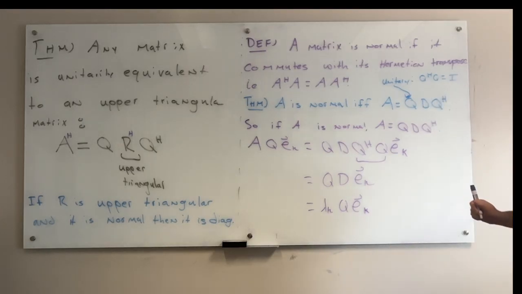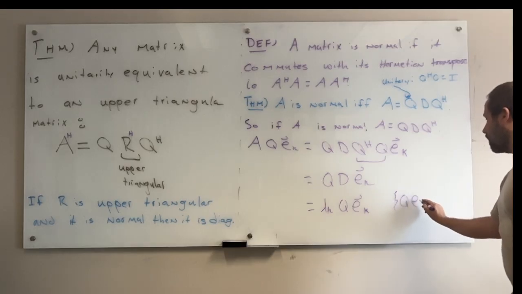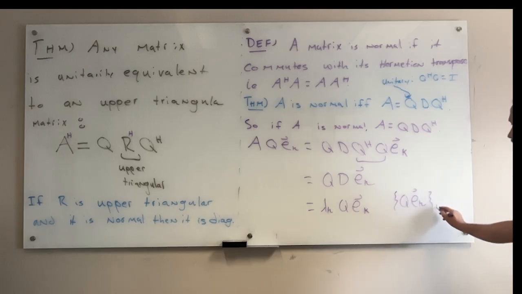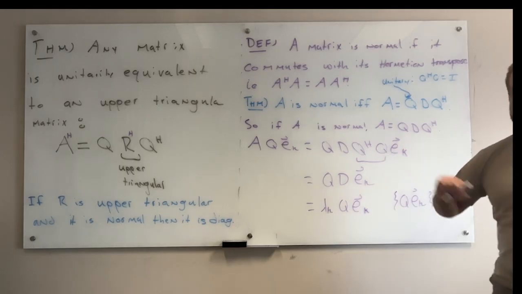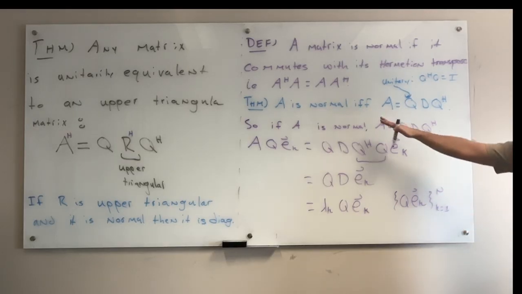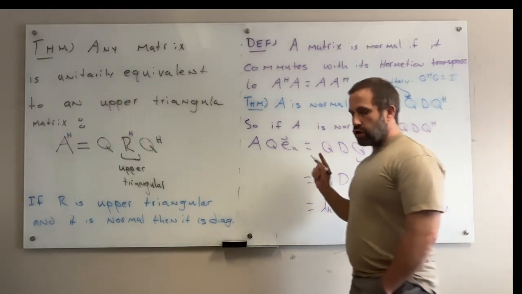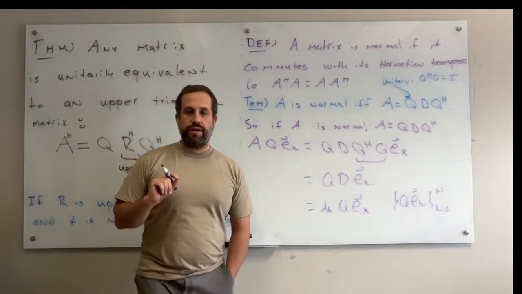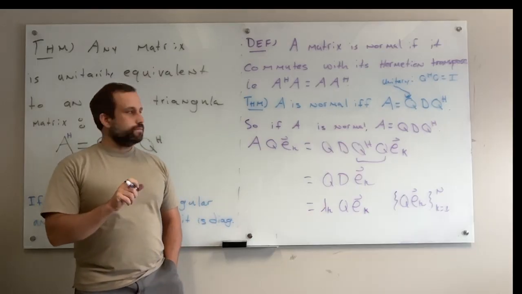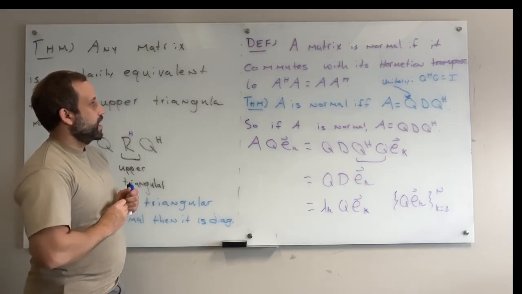So in other words, all of the vectors Q e_k for k equals 1 to n are eigenvectors of the matrix A. There are n of these vectors, and they are linearly independent. That's what I said in the previous video. So therefore, if A is normal, it has n linearly independent eigenvectors. And that theorem that we proved in the last video says that a matrix is diagonalizable if and only if it has n linearly independent eigenvectors. Okay, so that's just another